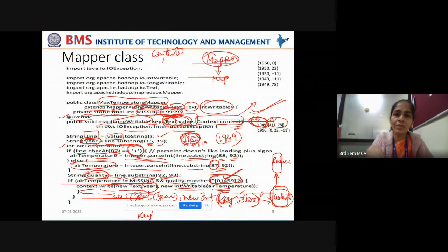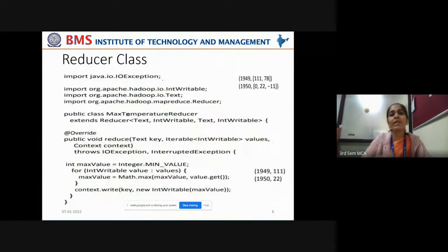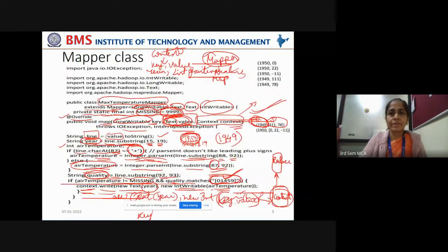It now has a key and value pair. The key is the year, and the value packed is the list of air temperatures recorded in that year. So this context object now has the output key value pair, which can be transferred to the reducer phase.